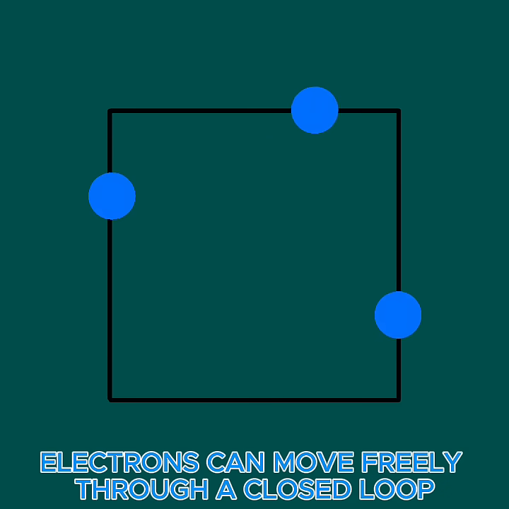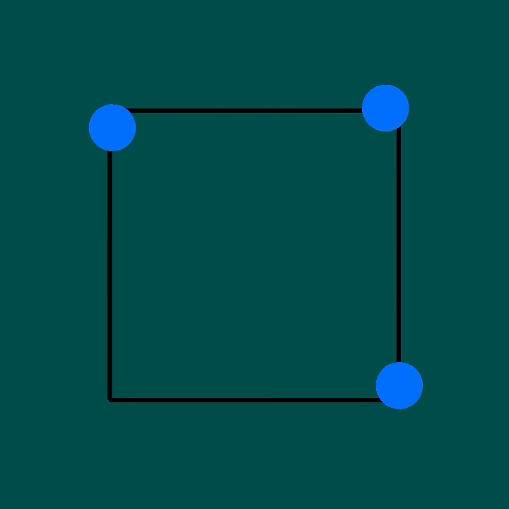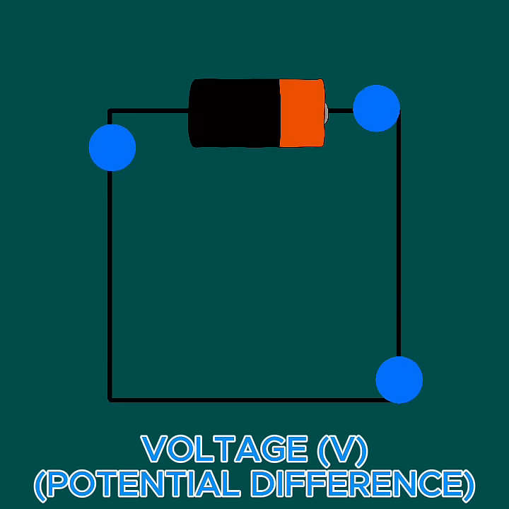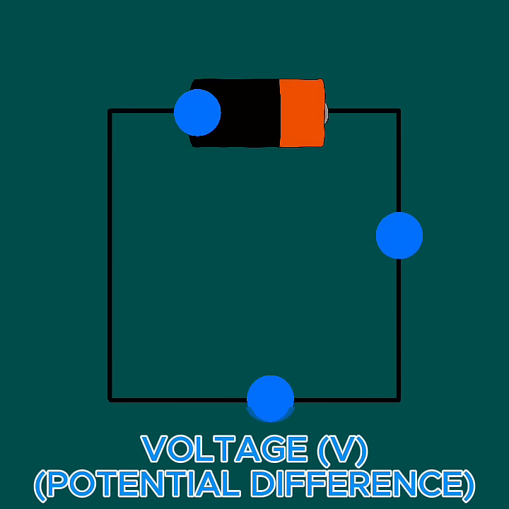However, without a source of push, like a battery, the electrons won't move in a way that we want them to. They will move, but just randomly between other electrons. When we add a battery to the circuit, the electrons move in a loop. This is because the battery contains voltage, or potential difference, that can be applied to a circuit to move the